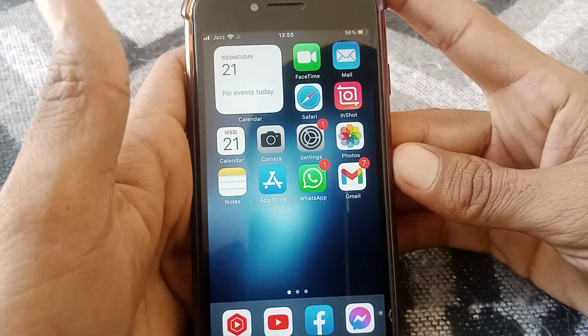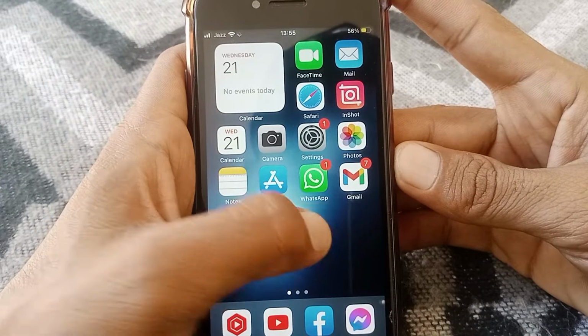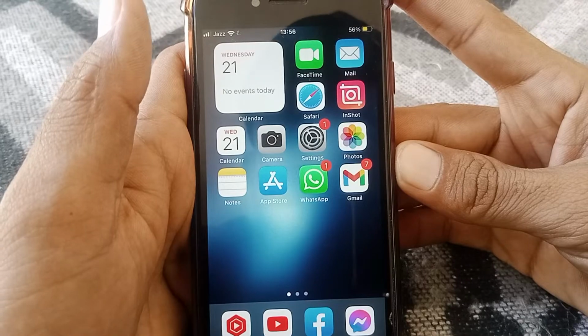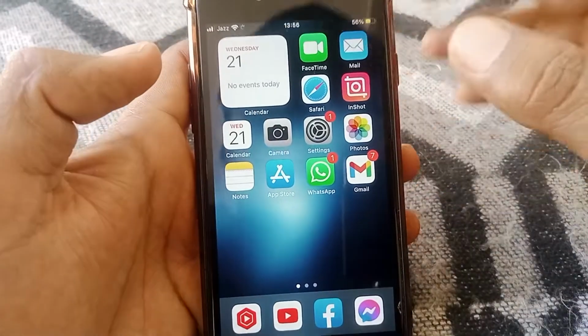So guys, in this video I'm going to be showing you how to enable depth effect on your iPhone and iPad iOS 16. So guys, let's get started without wasting any time. So first of all guys, what you need to do is just simply